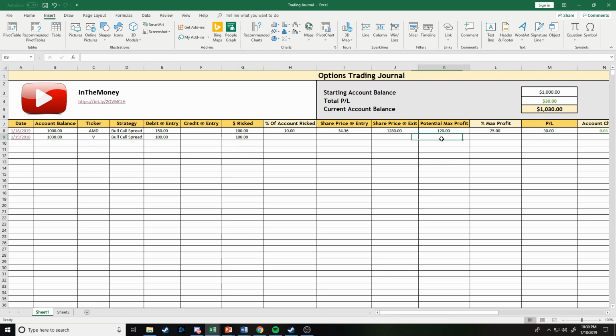Your potential max profit, you can get this from options profit calculator that I've gone over a lot in other videos. Now if you're buying a straight out call, the potential max profit is infinite, so just go ahead and leave this blank, because over here this is automatically calculated percent of max profit, but you can't get a percentage of infinity, so don't even bother if you're just buying a call outright. Otherwise, put your potential max profit that you can find on optionsprofitcalculator.com, and then also enter your profit and loss